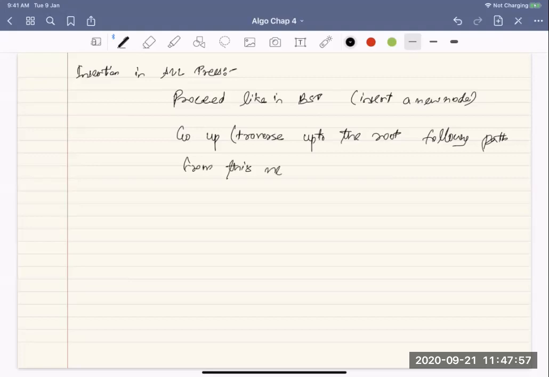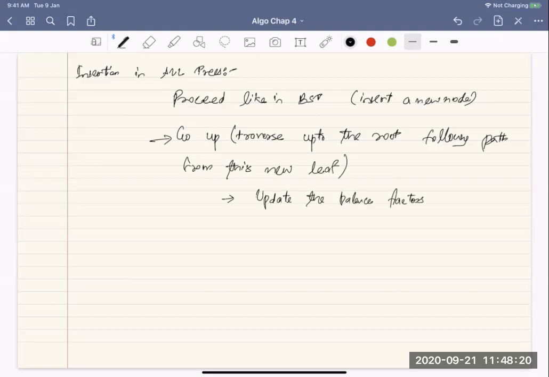We know in the case of binary trees, there is a single, unique path. So we traverse this path, and while traversing this path, you update the balances, update the balance factors.